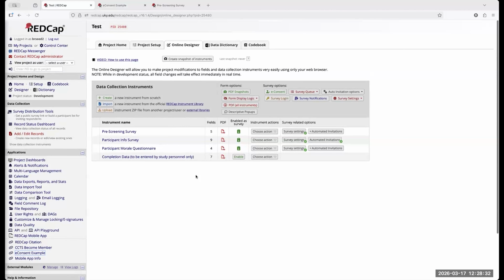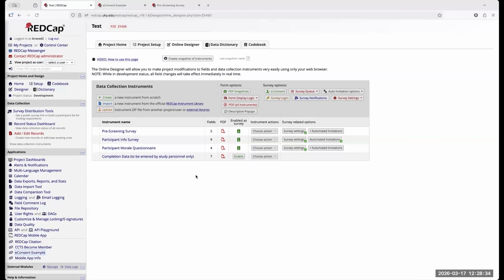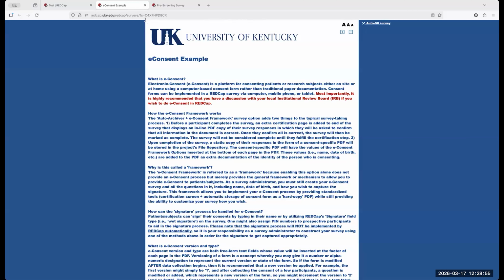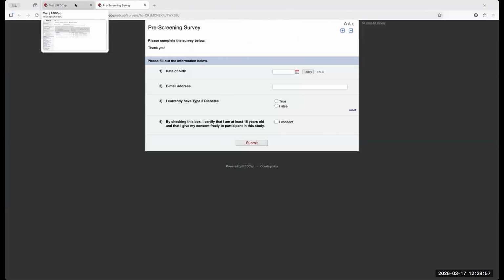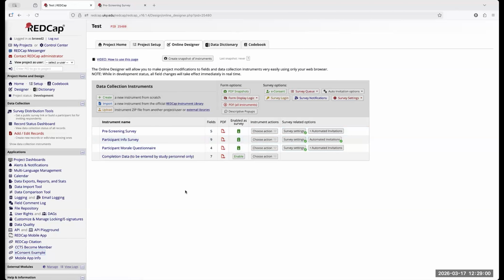Also remember, just because you are using the e-consent within REDCap for a project does not mean that the IRB will approve your submission. The IRB is going to want to know how your e-consent works within REDCap. And if you have absolutely no idea how e-consent works, you're not going to be able to explain to them how it works or how it works for your particular project.